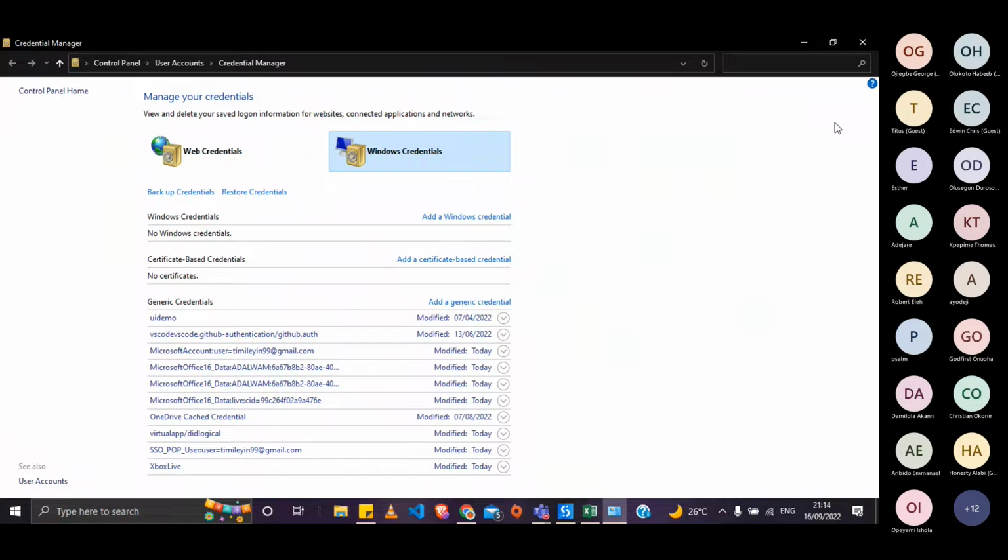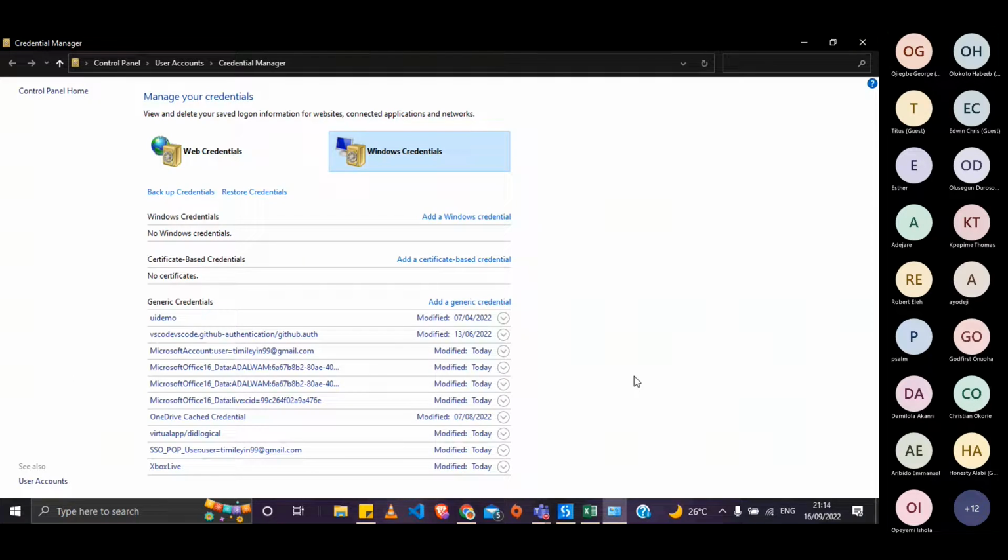So to do that, we have two ways. We have UiPath Credential Manager and then there's the Windows Credential Manager. Now, for the UiPath Orchestrator credential manager, we will look at that later on in the course when we get to the topic Orchestrator and they're talking about everything that it does. We will look at how to use that there. But for now, we can use our Windows